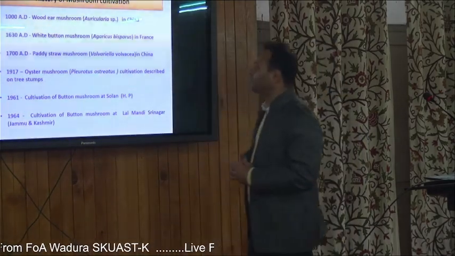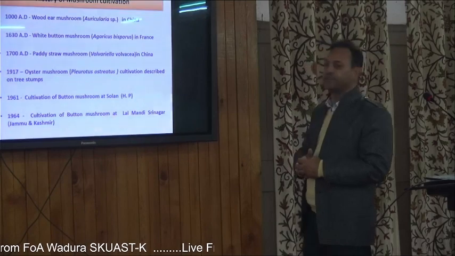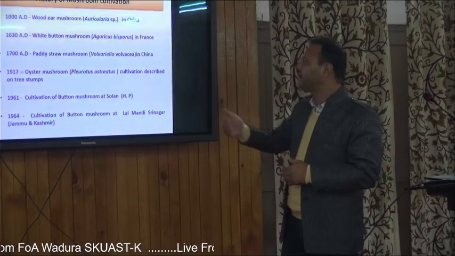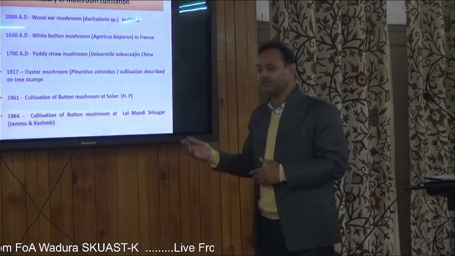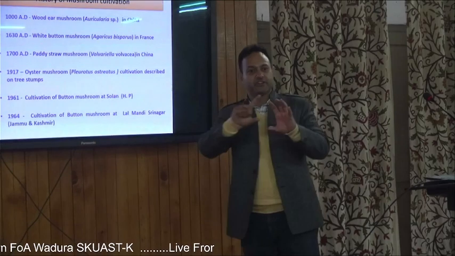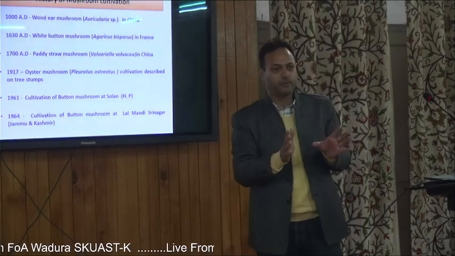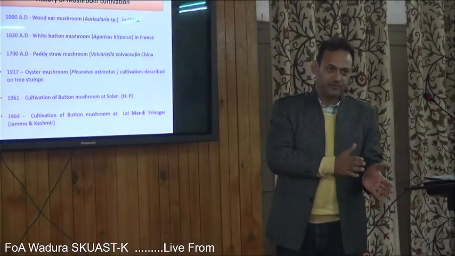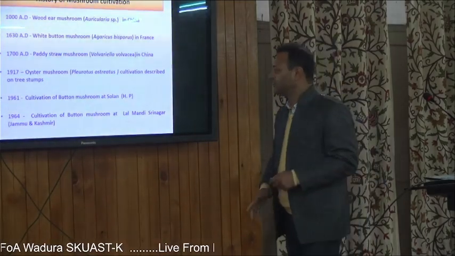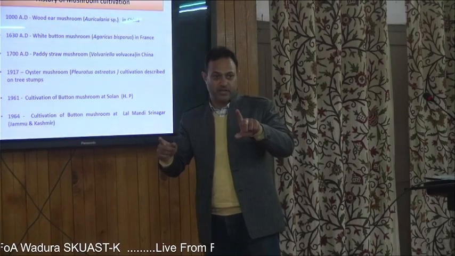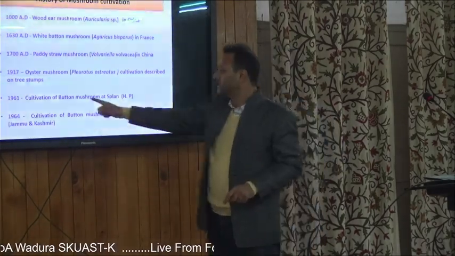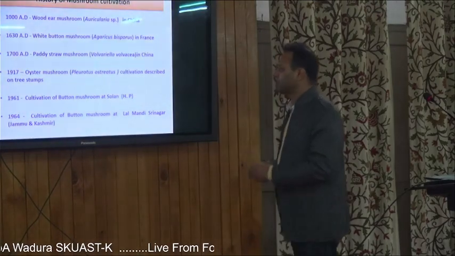उसके बाद पैडी स्ट्रॉ मशरूम है वुल्वरिएला वोल्वेसिया, ये चाइना में 1700 एडी में सबसे पहले उगाया गया। उसके बाद ऑयस्टर मशरूम, जिसको हम ढिंगरी मशरूम कहते हैं, प्लूरोटस ओस्ट्रियेटस या प्लूरोटस साजोर काजू, ये सबसे पहले ट्री स्टम्प्स पर कल्टीवेट किया गया, क्योंकि जैसे मैंने अभी बताया, ये वुड इनहैबिटिंग फंगस है, जबकि बटन मशरूम डंग इनहैबिटिंग फंगस है। फंगस इसलिए कि बेसिकली मशरूम इज अ फंगस।